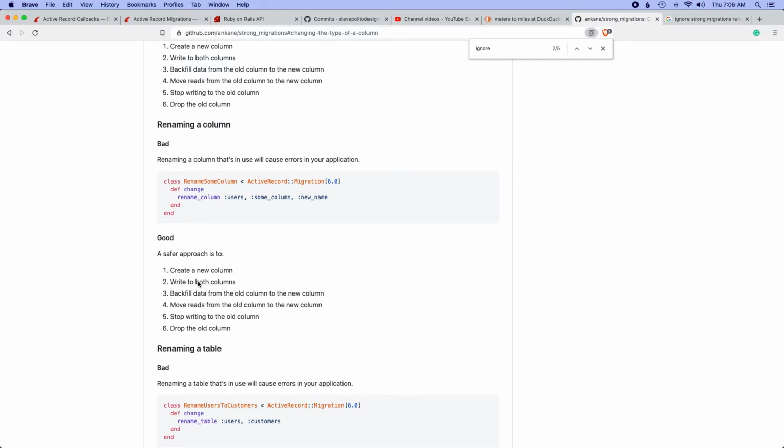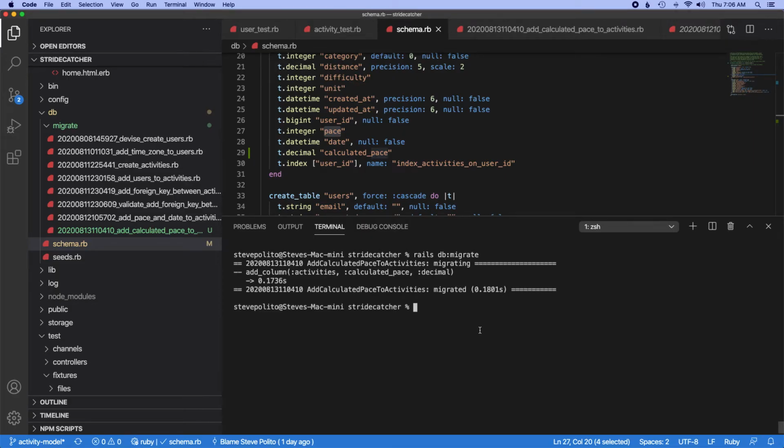So we create a new column. We don't need to do this. We don't need a backfill. So now we want to drop that column, which is the pace column. So let's go up here and we'll say remove pace from activities, and then I think we have to still specify the column. So pace and then